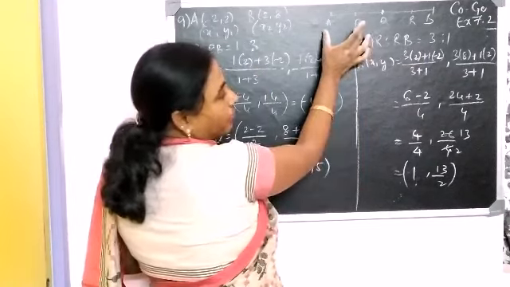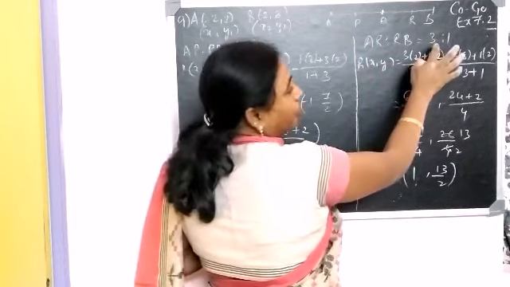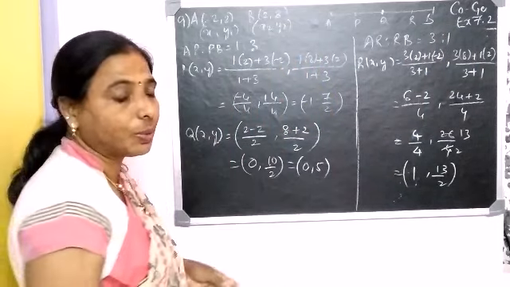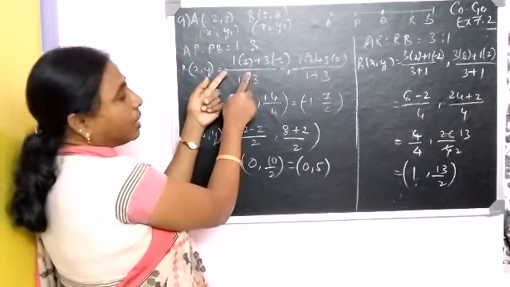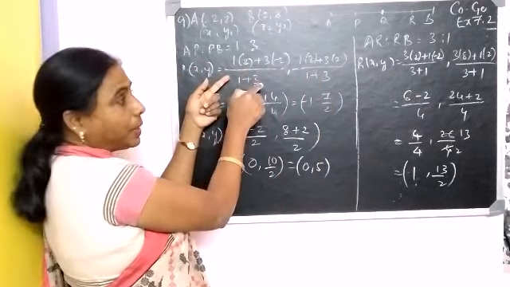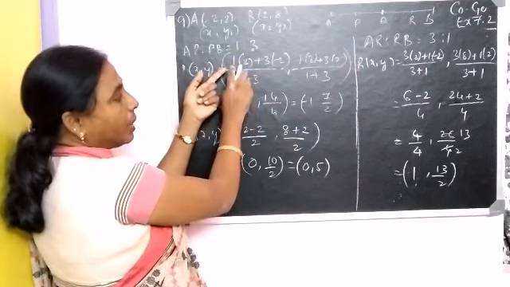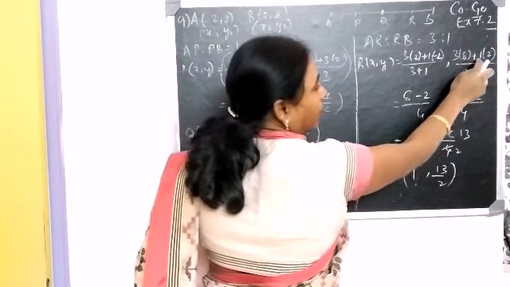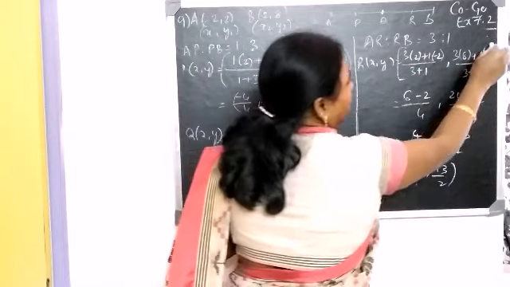R is at 3 parts, 1, 2, 3. So R is at a point of 3 parts, therefore 3 is to 1. The next one is 1 part, therefore it is 3 is to 1. Whereas here, this 3 and 1 are interchanging in this part. You can just observe here that in these coordinates 1, 3 becomes 3, 1. So this is 3, 1, whereas all the other points are the same.